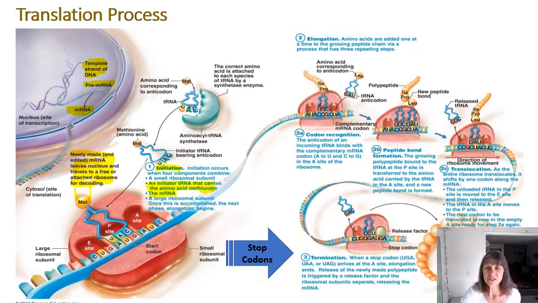As the messenger RNA molecule passes through the ribosome, the process of elongation means that we're adding amino acids one at a time to this growing polypeptide chain that